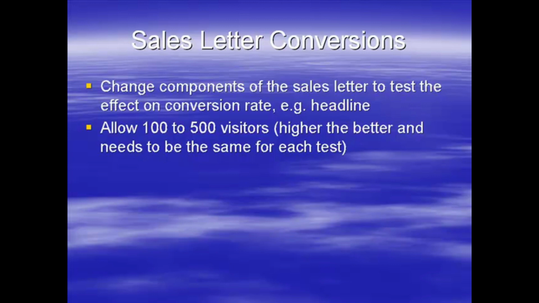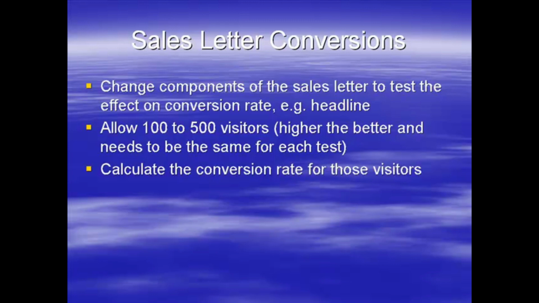What you need to do is for every single test you need to have the same figure. So if your first test you do 300 visitors, every test you want roughly 300 visitors, give or take a very small percentage, and you work out the conversion rate for every single test. So each time you drive 300 visitors or 500 visitors, whatever it might be, you calculate the conversion rate for that number of visitors, no others,